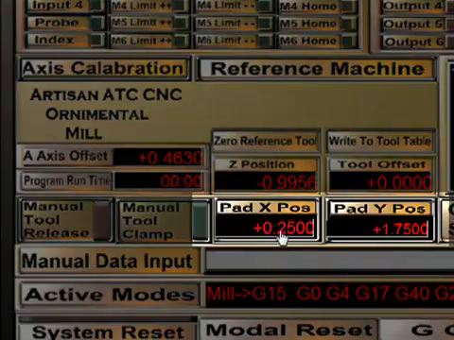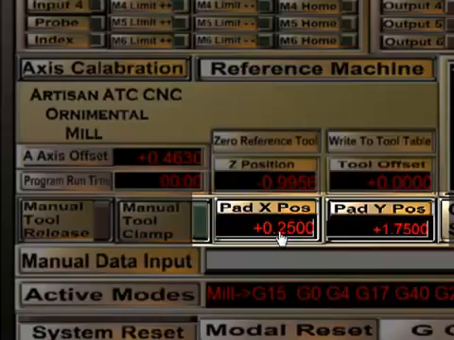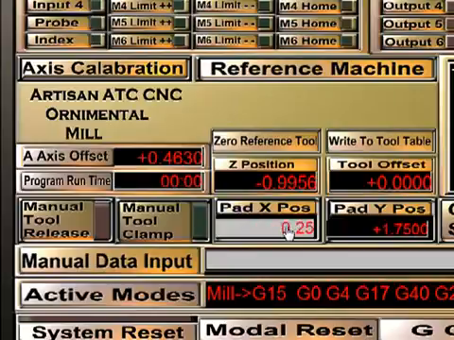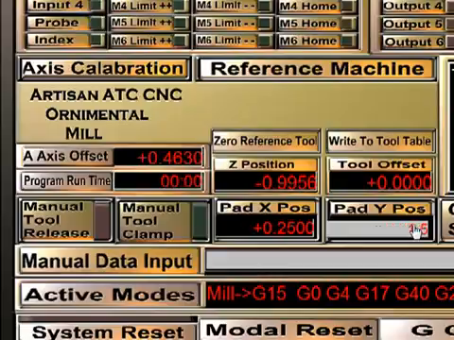These two fields right here are the coordinates or the position for the Smart Tool pad. This was the X-axis and this is the Y-axis. If you move the Smart Tool pad or need to change the position, you simply locate the tool over the pad where you want it to touch and look at the machine coordinates to find the X-axis and the Y-axis, and then you record those in these fields right here by clicking on the part, typing the number, and hitting enter. And now all of your Smart Tool references will be to this position right here.